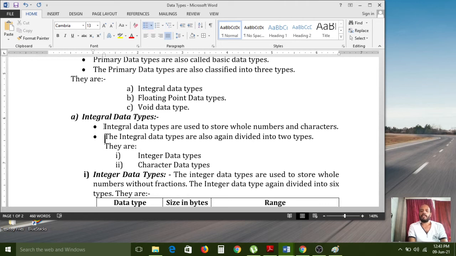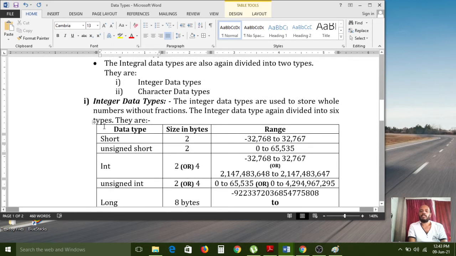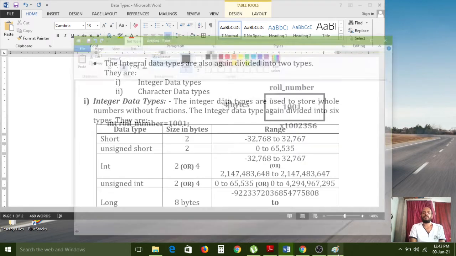Primary data types are divided into three types: integral, floating, void. Integral data types are again divided into two types: integer data types and character data types. The integer data types are used to store whole numbers without fractions. Carefully observe.